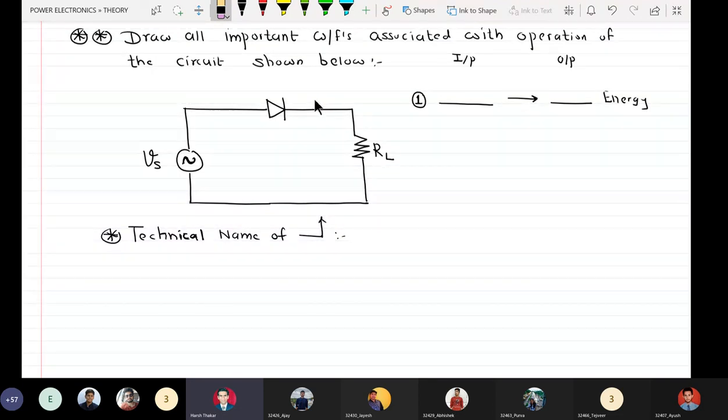What is the meaning of the word control? When we say that we have to control infection, that means what? You should stop infection or you should allow infection? Yes, this is a very simple question. Stop the infection, right? Now in this circuit, which half cycle of the input is stopped from being sent to the load? Negative half cycle.